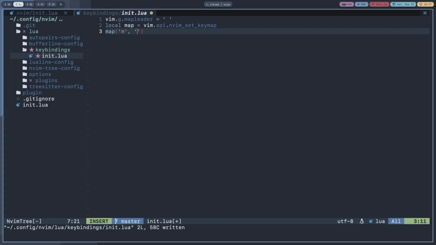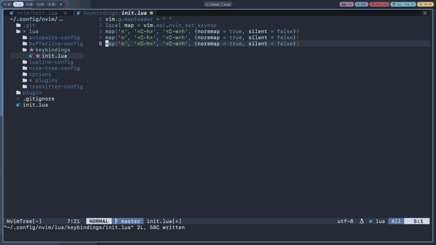I will make it Control and H. Okay, now you need to specify what command or key binding you are remapping it to. So I am going to make it Control-W H. Okay, then you can add some options here. noremap equals true and silent equals false.